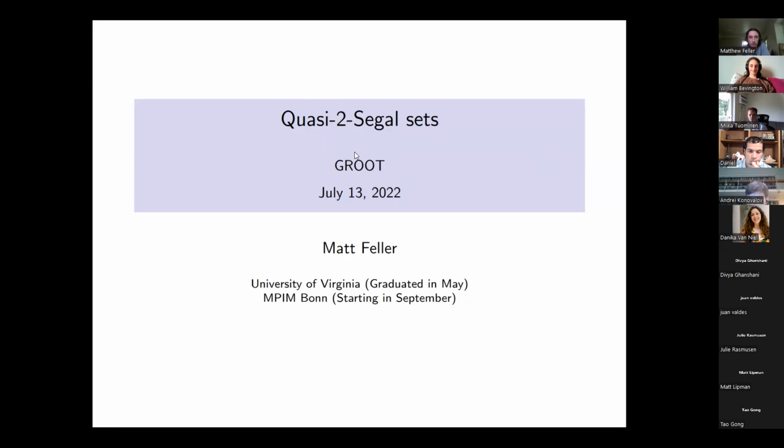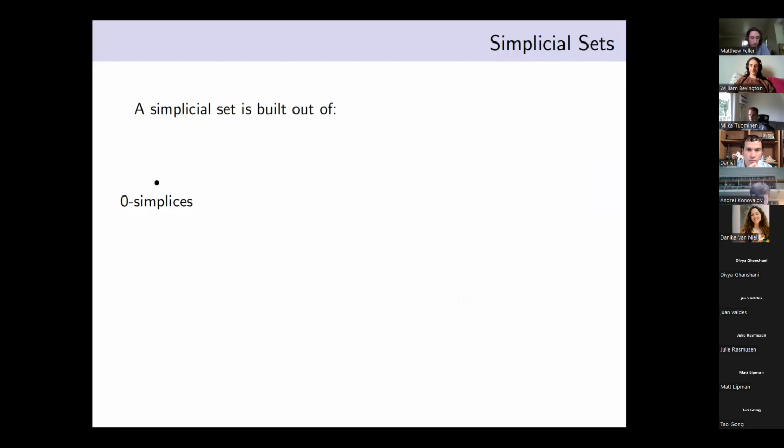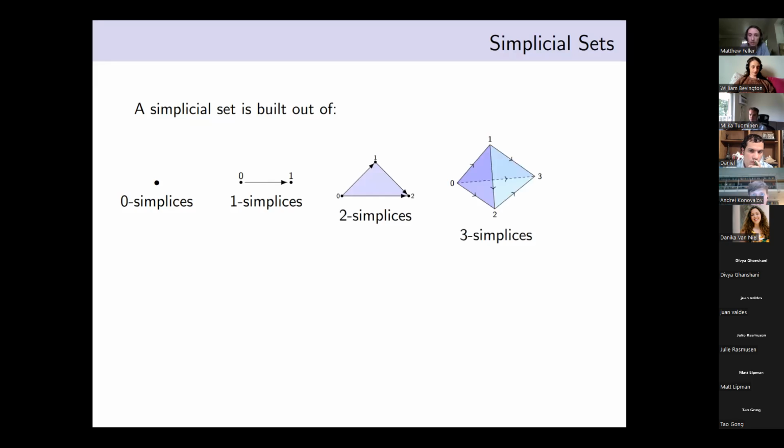So I'm going to talk about Quasi-2-Segal sets today. And to say what those are, they're going to be a certain kind of simplicial set, which means that I should start by saying a little bit about what simplicial sets are. I'm not going to carefully define simplicial sets. The main thing is just to have a picture in your head of a simplicial set as being built out of simplices. So the zero simplices are like points, one simplices are like arrows, two simplices are triangles, three simplices tetrahedra,